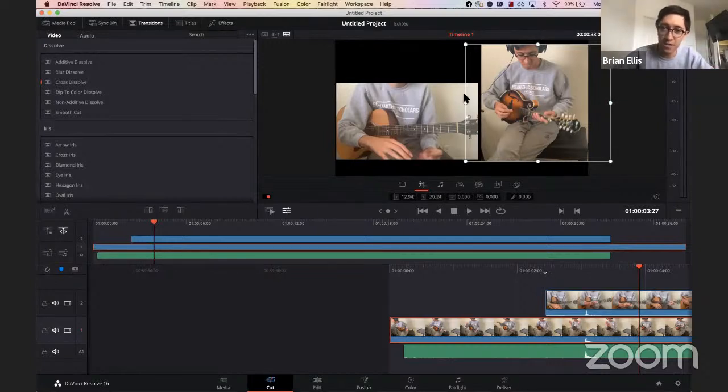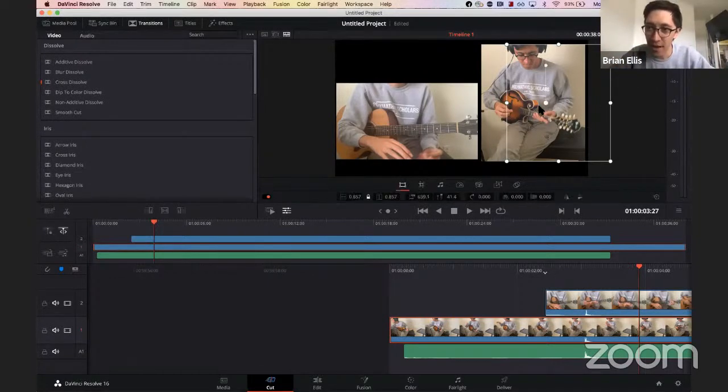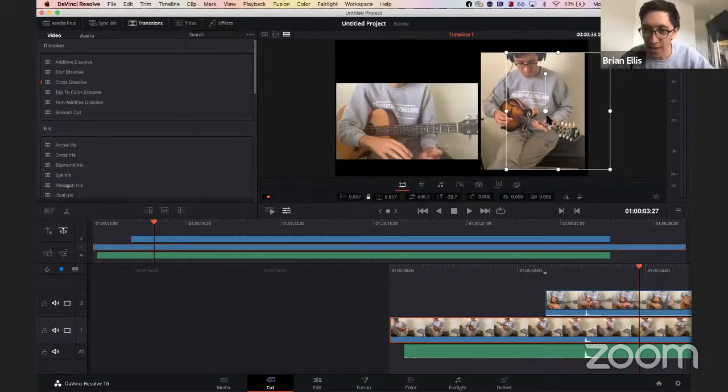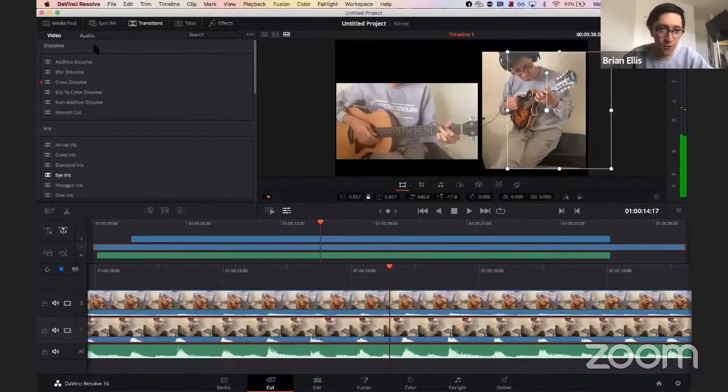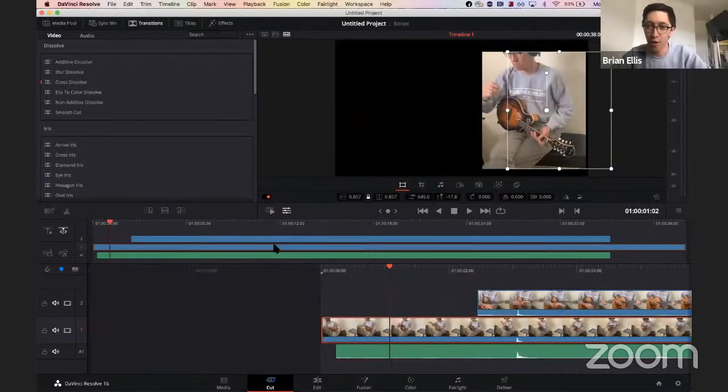You'll also notice that the crop sliders sometimes pull in from the wrong side. I think that's a bug. I just deal with it, and just fair warning, that's something that might happen. So if we go back to the move tool, now we have two nice-ish cropped videos that appear next to each other. So now if I put y'all over there, if I go back to the beginning,